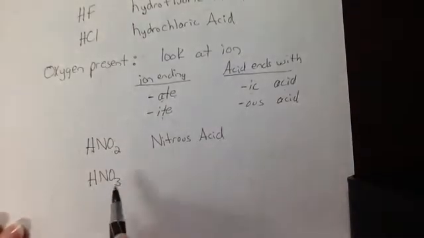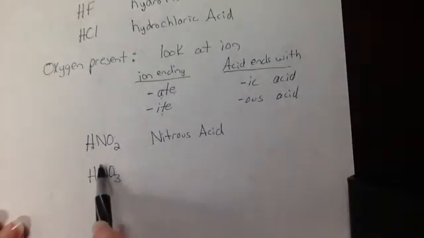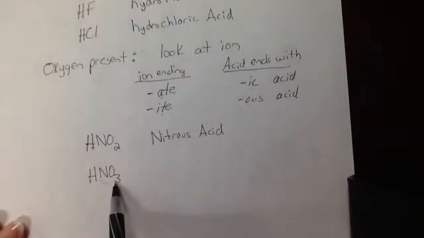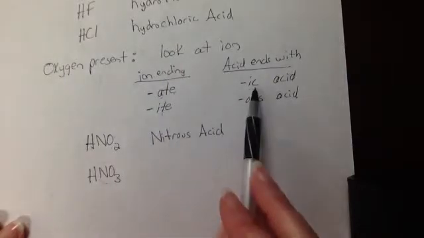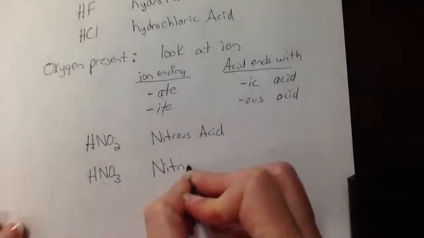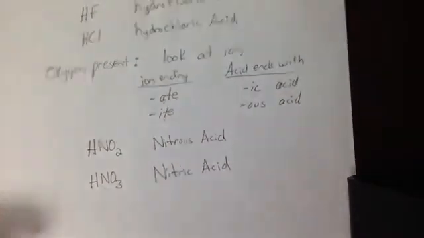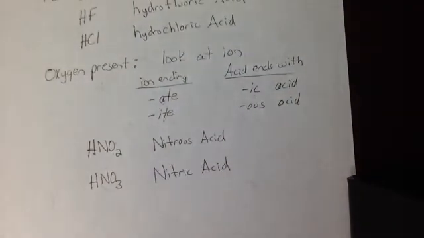This is HNO3. It has an oxygen, so we do not use the hydro. We look at this polyatomic ion here, that would be nitrate, ends in ATE, so the acid ends in IC, so this would be nitric acid. If you have any questions, perhaps maybe how I got charges, you can come in and ask me questions